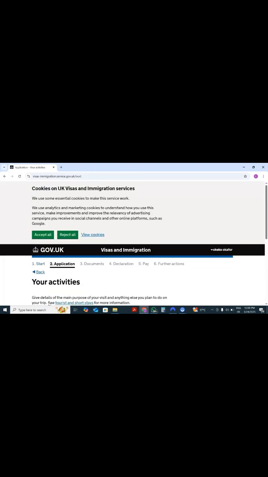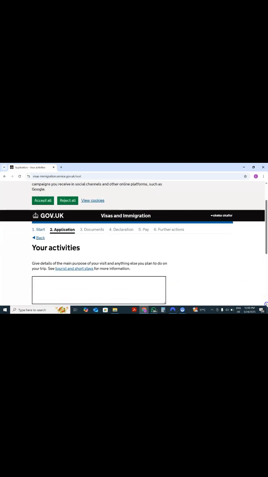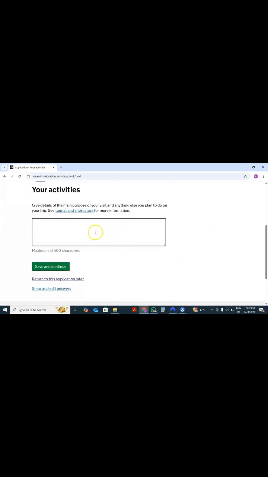If it's visiting family or friend, it will bring out a place where you have to fill the details of the person you are visiting. Now, give details of the main purpose of your visit and anything else you plan to do on your trip. While you're in the UK, what do you want to do? Why are you going to the UK? So I can say, since I've ticked tourists, while in the UK,